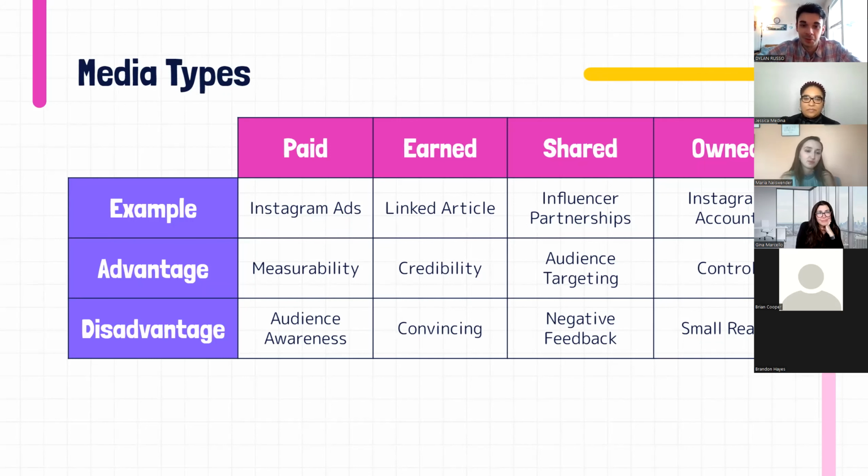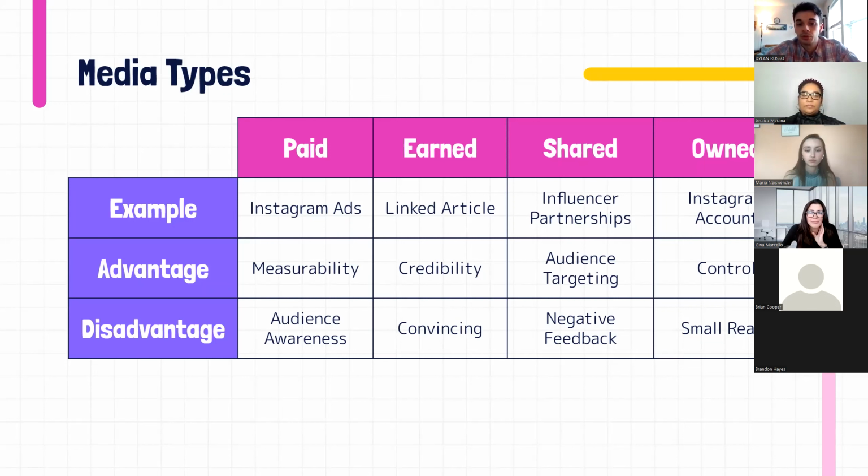And with credibility, I move to my next media type, earned. So this would be a linked article. On Instagram, it might be a post that links to an external article on BuzzFeed or the Washington Post or wherever it's written. It is about your product or service, and the article helps build credibility with existing customers and clients, especially because it's not coming from you like paid media. It's really someone else talking about your product.